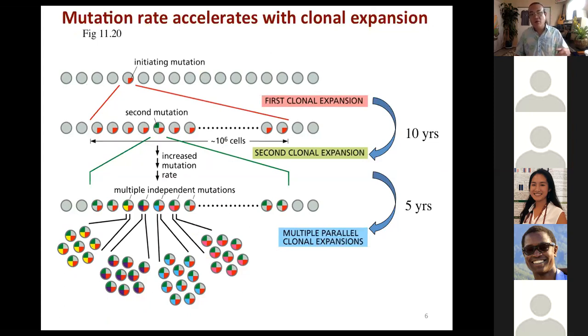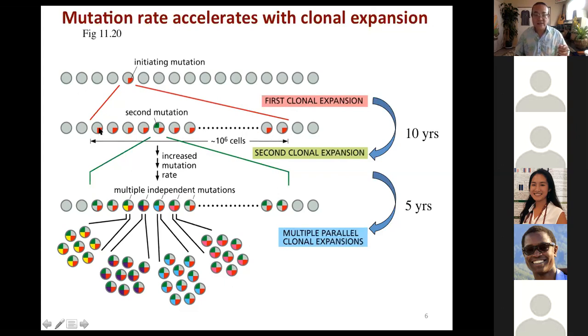Then it's going to undergo a long time of expanding and having most of its daughter cells undergo apoptosis or just be eliminated. So for a typical cancer, let's say it takes a good 10 years for that initiating mutation to eventually be reflected in a population of cells that took many, many generations to get there. Because maybe after 10 years, you have something like 1 million of these cells inside your otherwise normal tissue.